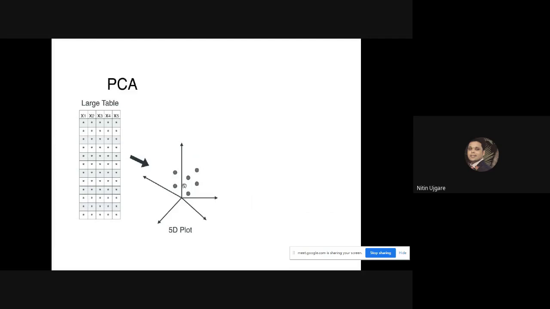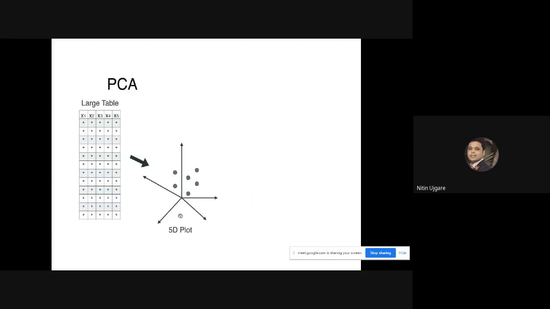So this is the better visualization of a 5-dimensional plot. So far we can visualize 3 dimensions, but this is an imagination of mine. How can we imagine or visualize a 5-dimensional plot? Because we have 5 dimensions in our data set, because we have 5 columns, 5 features, 5 dimensions for our data set. So this is the better representation of a 5-dimensional plot.